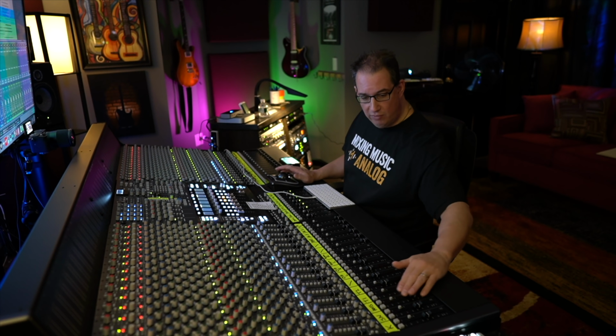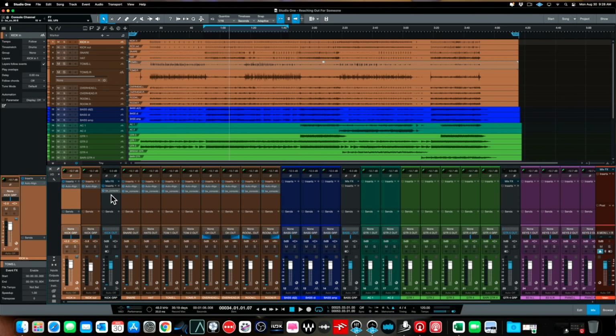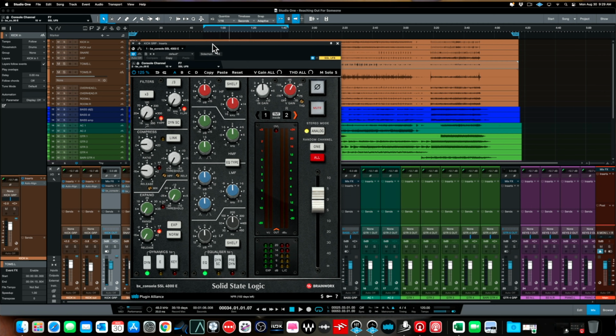So if I bring down all of our faders here, the next thing that I'm doing in the box is compression, because there is no compression on the board. We're just using the EQs, and then a drum bus compressor, which in our case is the Wes Audio NG bus compressor. We'll talk about that in a bit. We're going to do compression in the box because there's no dynamics on this board. So I'm using here, for example, on our group track for our kicks, the Plug-in Alliance E-Series 4000 just to keep it all SSL, but you can use anything.